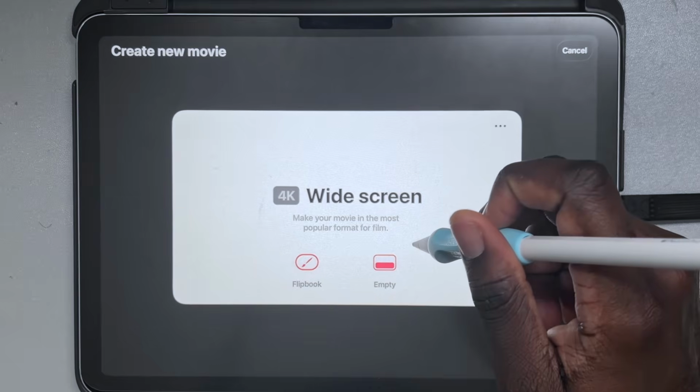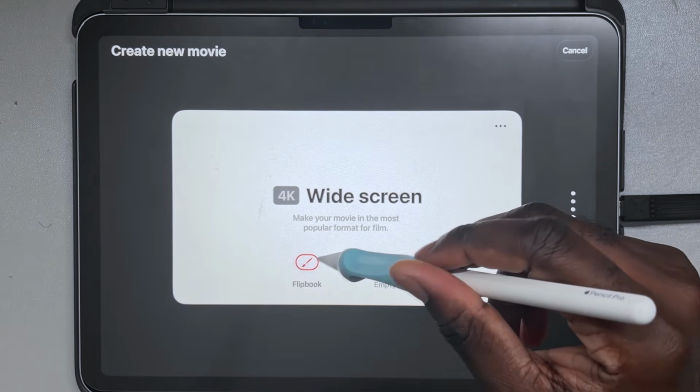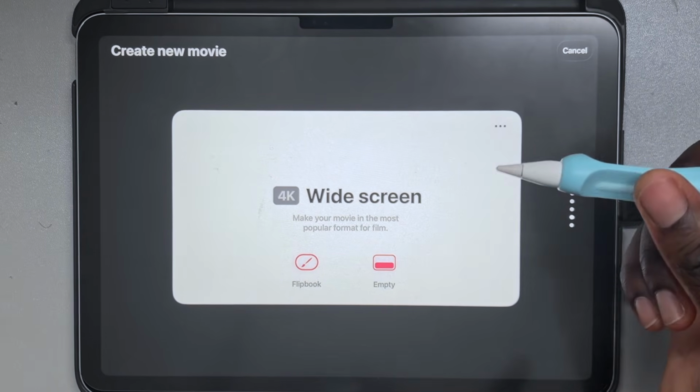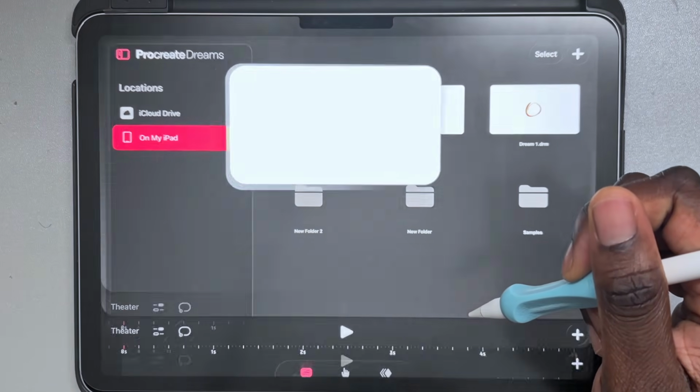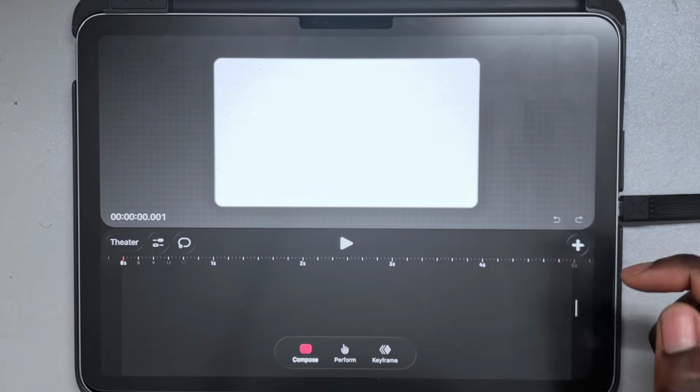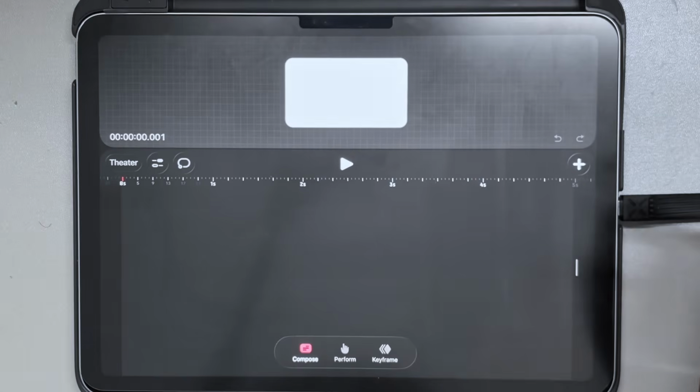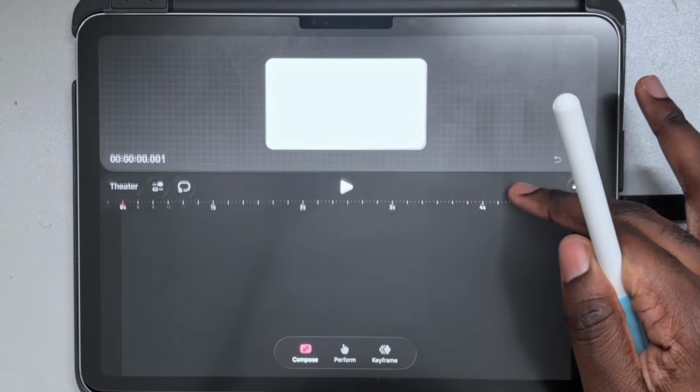I'm going to click empty for the sake of this project, so we won't start off with a flipbook. I'm just going to show us how we can go through the program. So automatically, when we open a new file, we'll see that Procreate Dreams opens up with this blank slate and